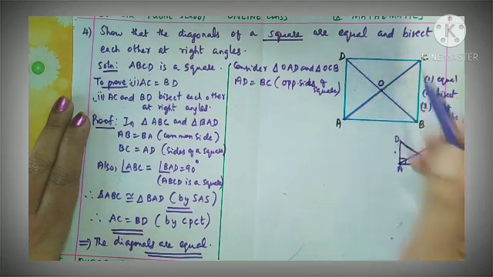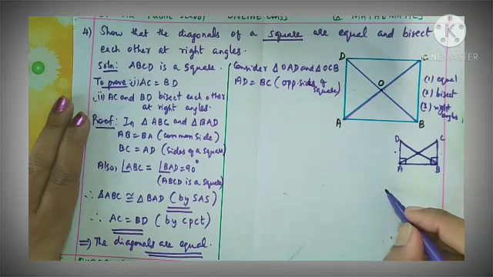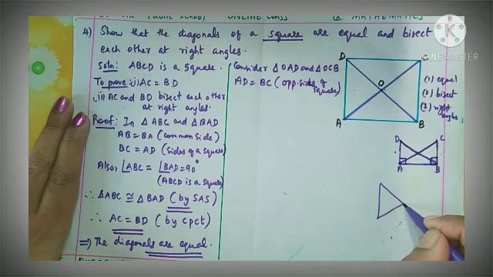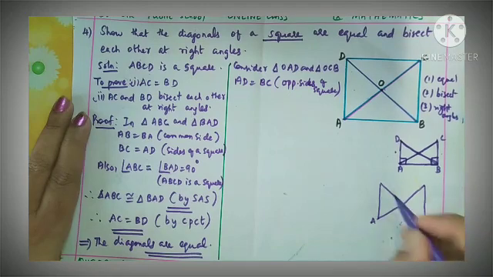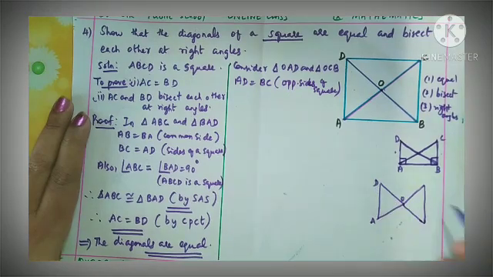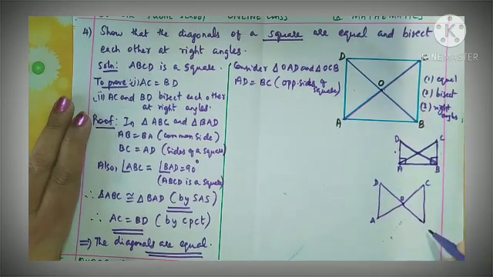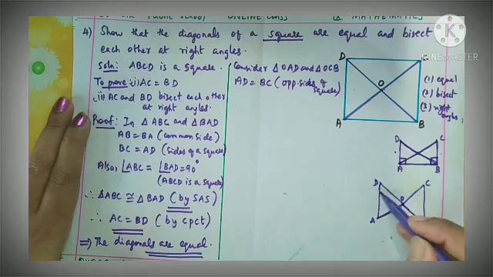Okay, what is the side? If I am drawing the figure separately, see. So these are the two triangles we are considering now. Yes, A, here D, here O, and here C and B. Now you see AD equal to BC, they are opposite sides of a square, they are equal.